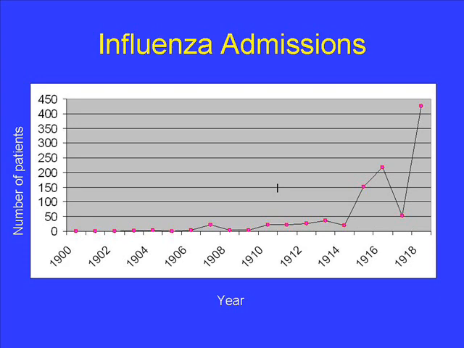However, in 1918, between August and October, there were 436 cases of influenza admitted to hospital, and 38 or 10% died. And that was the Spanish flu of 1918 that swept throughout the world and arrived here in Kingston and operated in essentially the same way as it did everywhere else in the world.